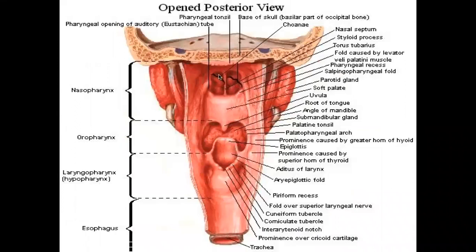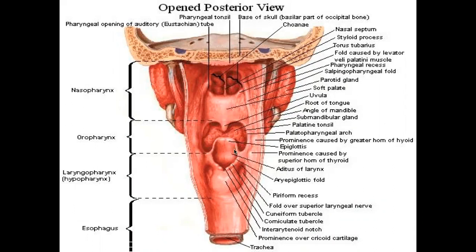We can see the nasopharynx. We are looking from the back side. See, we made a cut here. We opened the pharynx and we are looking from the back. Okay, nasopharynx, oropharynx. Here we can see the tongue, soft palate, and on both sides of the palate, we can see that